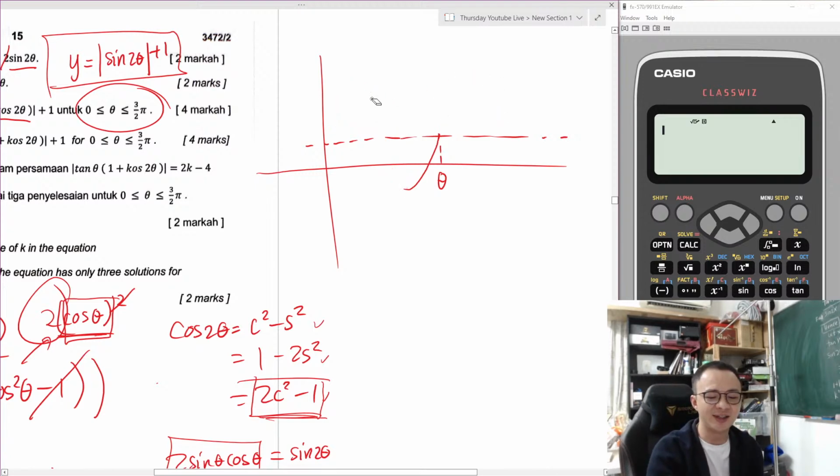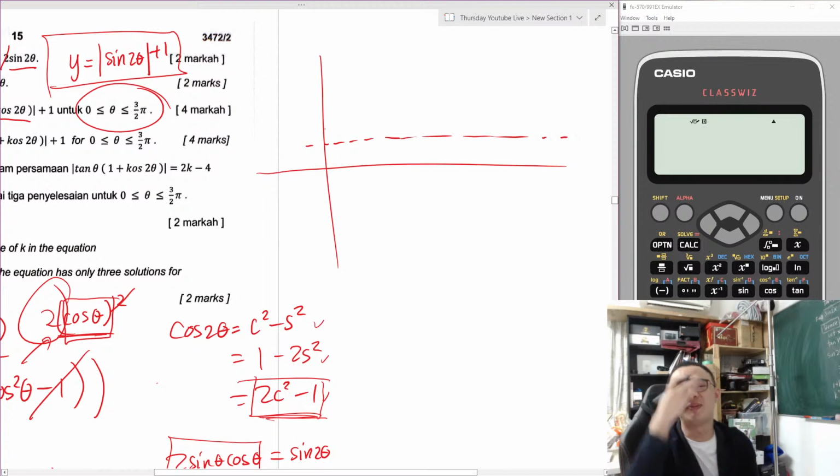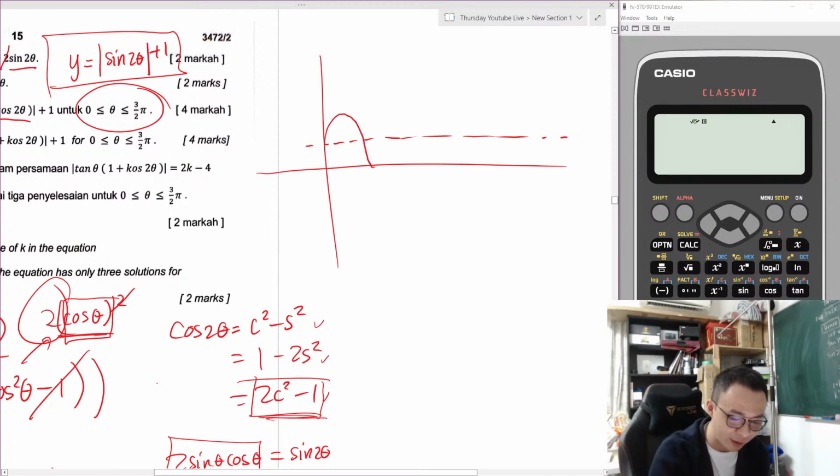Yeah, it's not actually in scale here. If the scale factor, I mean the amplitude, is 1, then this one should be between 2 and 1 only. It should be like this. Okay, relax, I haven't added the modulus. I know some of you are going to think, sir, it's wrong. I know. This is theta, this is pi, this is 2 pi. This is 1 and this is 2.